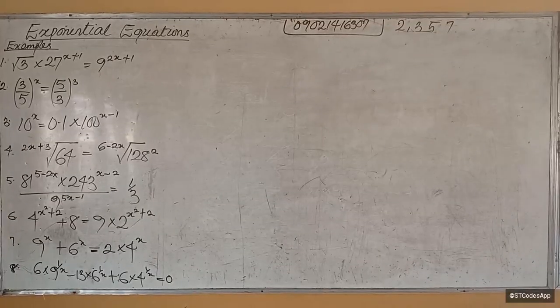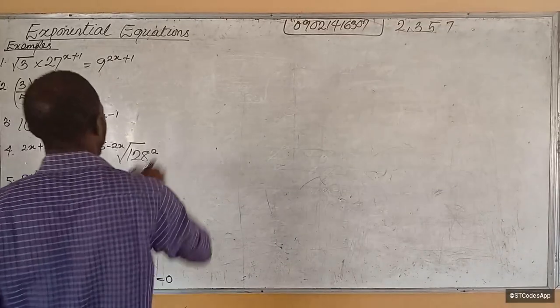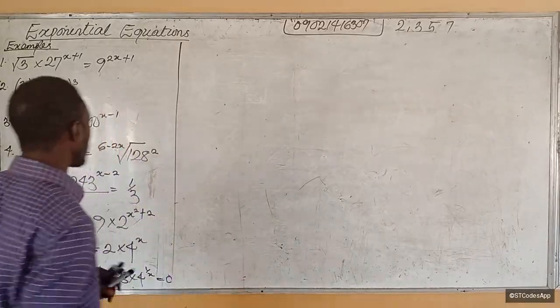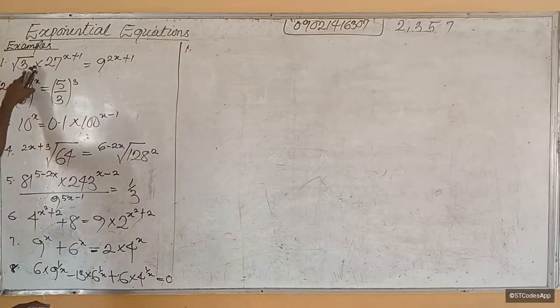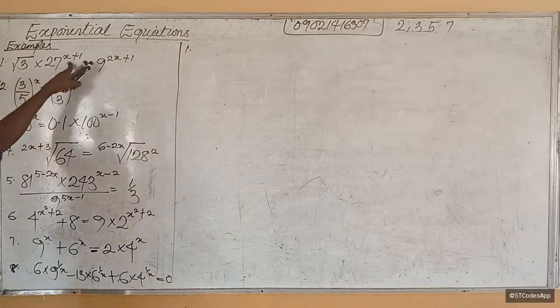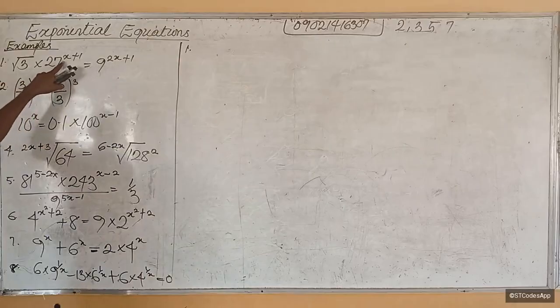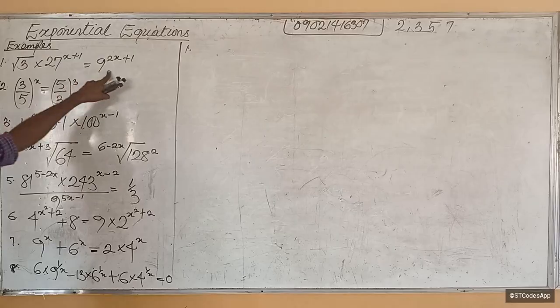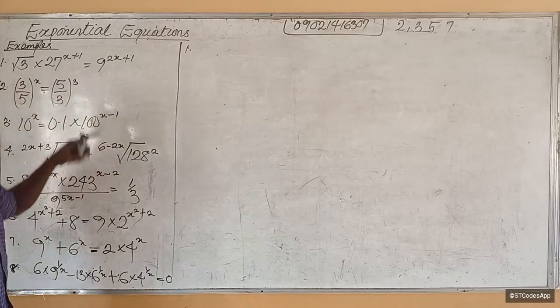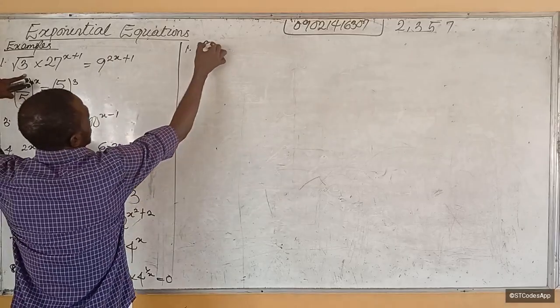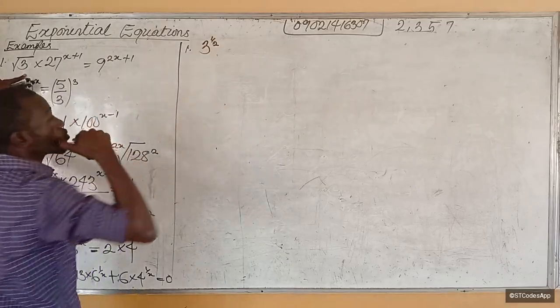Now, I'll try to speed things up here. I have 8 questions to solve that are very simple as well. So let's go to number 1, which says square root of 3 times 27 raised to power x plus 1 equal to this. So I'll express them in terms of the base of 3, right? Everybody here is in the family of 3. So this becomes 3 raised to power 1 over 2. Makes sense? Square root of 3